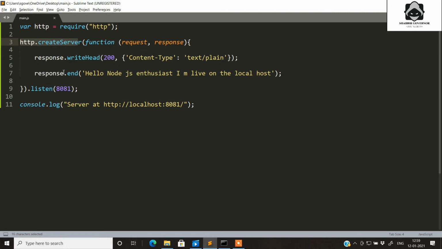We are creating a server that responds with the line hello node.js enthusiast, I am live on the localhost, and then using the listen method on port number 8081 we will be hosting our server. And also to see the localhost address, we have just written a console.log, which is equivalent to print in Python or System.out.println in Java and many other languages, to just print some output on your console. So let's save this file.